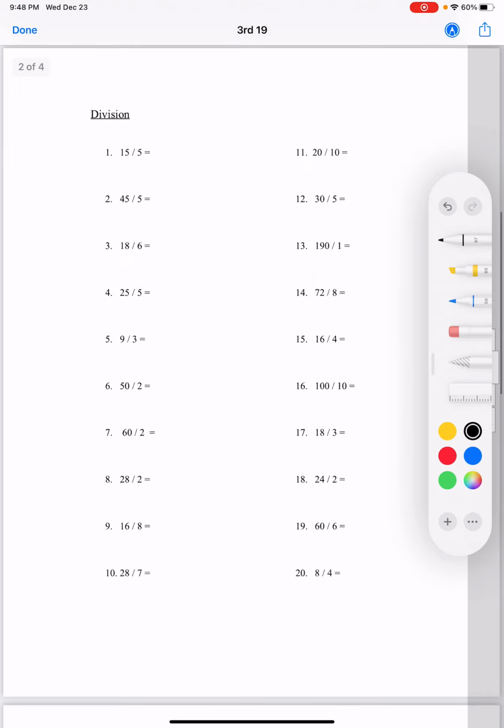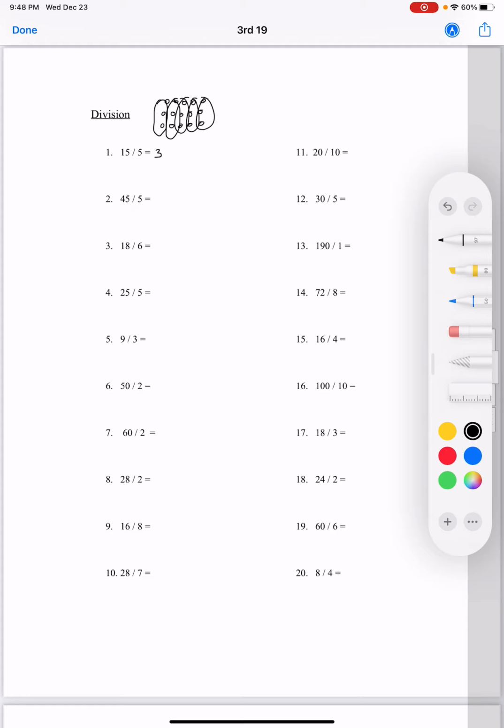Okay, the second worksheet asks us to divide. Division is like multiplication. Basically you can think of it as 15 divided into 5. Let's say we have 15 circles: 1, 2, 3, 4, 5, 6, 7, 8, 9, 10, 11, 12, 13, 14, 15. And we have to divide them into 5 groups: 1, 2, 3, 4, 5. So we've divided them into 5 groups, and in each group there's 3 circles, which means that the answer would